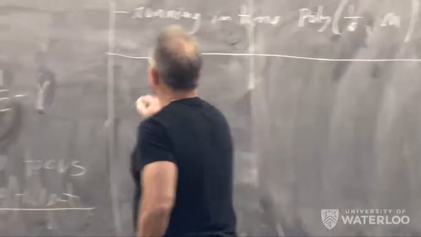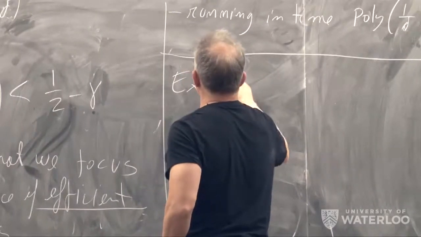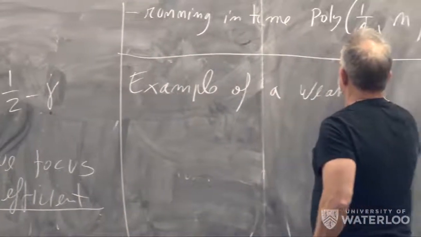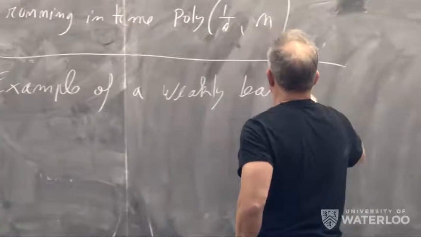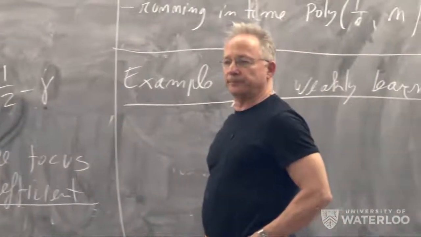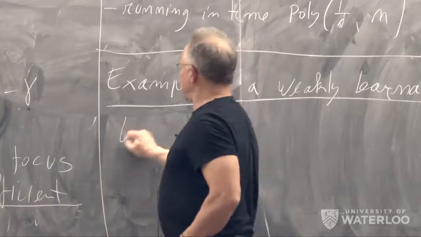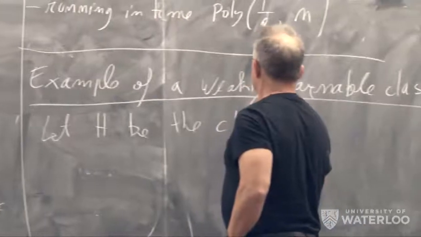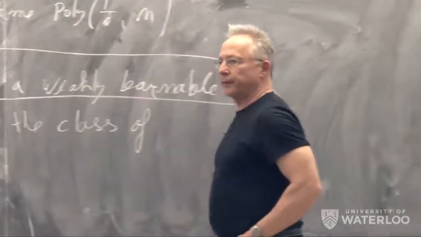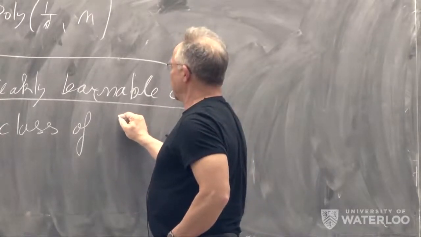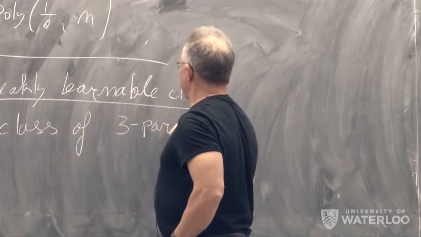So an example of a weakly learnable class is the class of, so let H be the class of 3 partitions